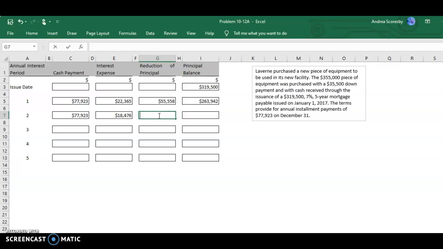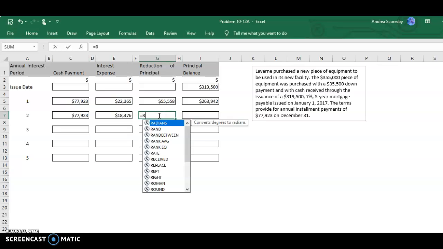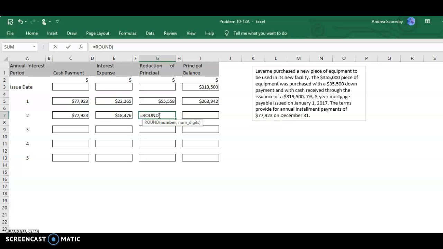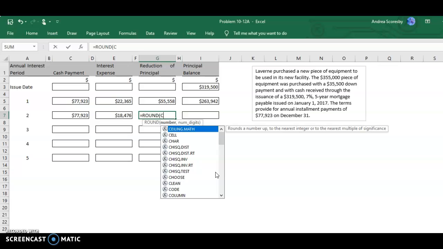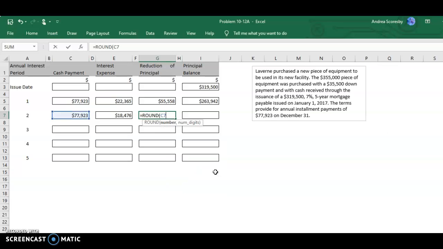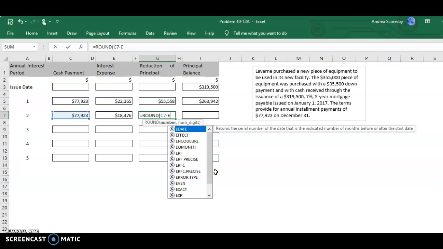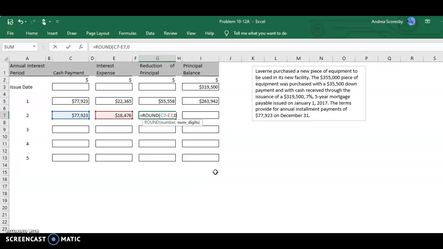So again, to find the reduction of principal, we are going to take the cash payment of $77,923 and subtract the interest expense of $18,476, and that is going to give us the reduction of principal of